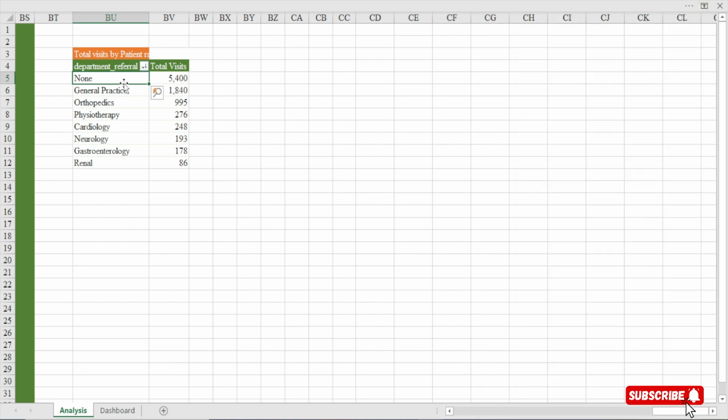The none here means that these patients, this number of patients, were not referred to any of our departments. So we can say that they just walked in. Maybe they are coming for a general checkup or something. You get that, yes. But then these numbers or these visits have specific departments that they were